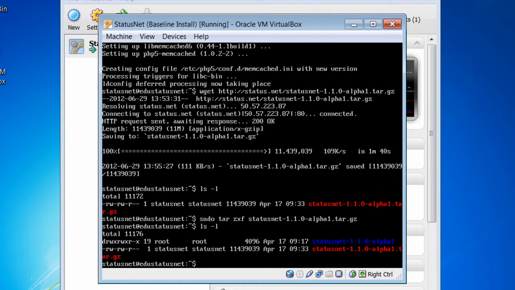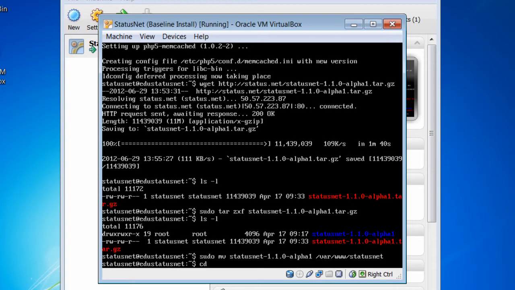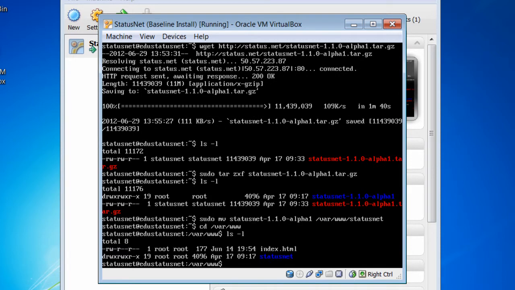1.1.0-alpha1 directory. This directory needs to be placed in your World Wide Web directory for Apache. So to do that, we'll use the sudo mv or move command. We'll tell it to take the StatusNet 1.1.0-alpha1 folder and move it to /var/www/statusnet. If I change directories to the /var/www folder and type ls -l, you'll see my StatusNet folder is now here. This is the same folder that we just had in our home directory, but renamed it from StatusNet